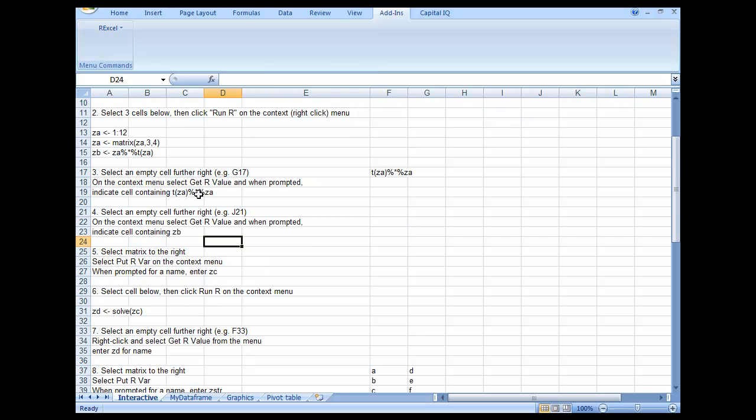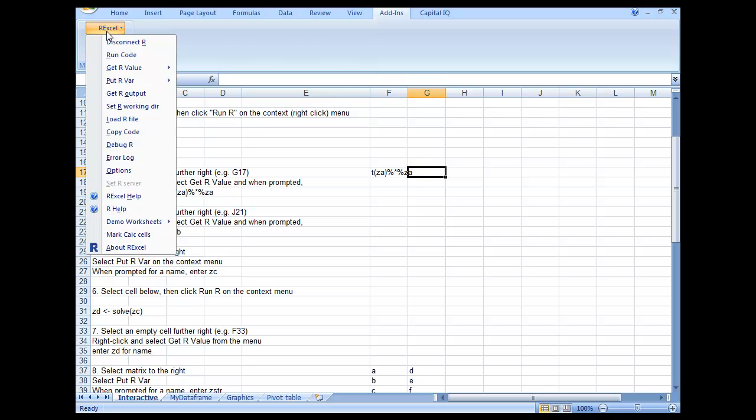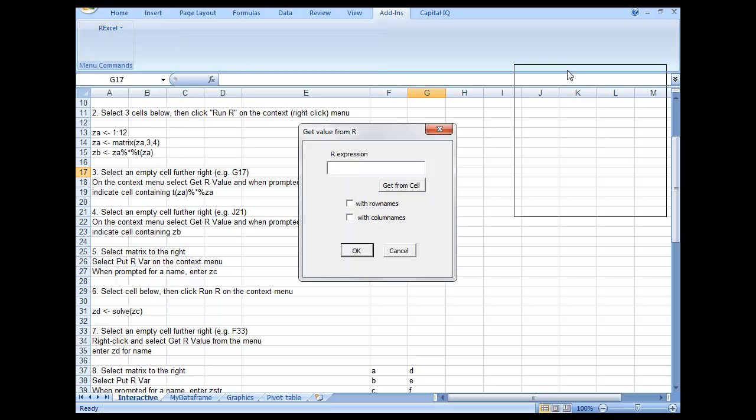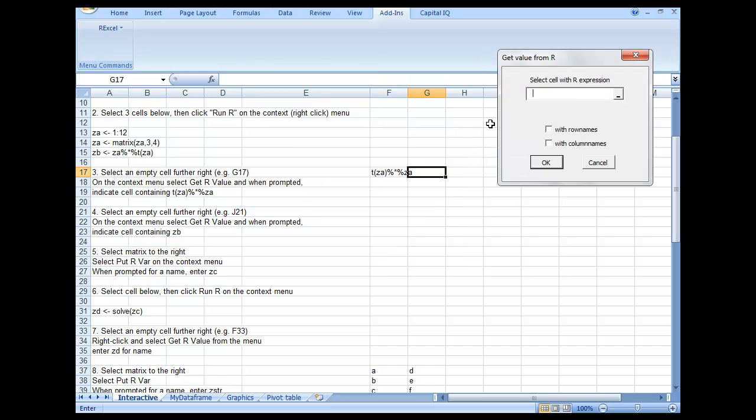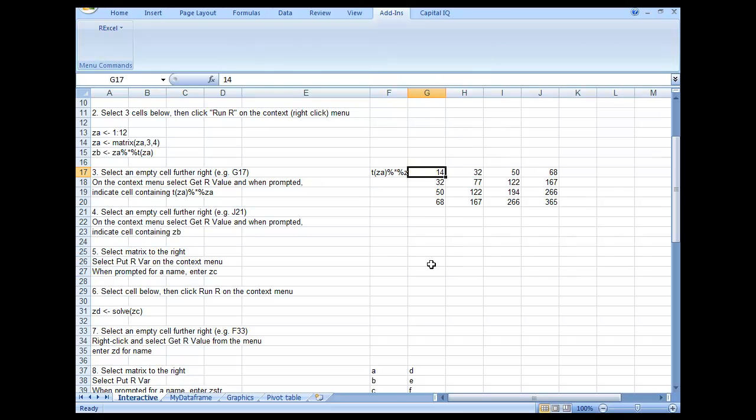So the next part, select an empty cell and get the value and prompt it. So if I want to get some value from R and I have a formula written there, they say to me that go here, get R value, say array, in the expression link this cell and you got the value.